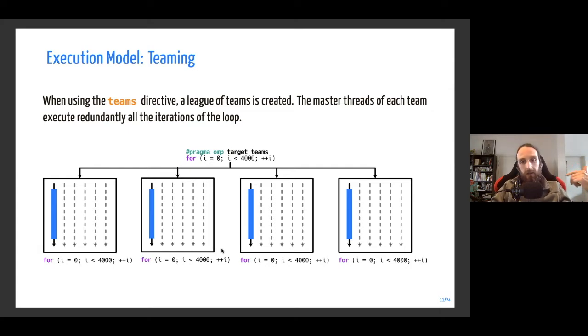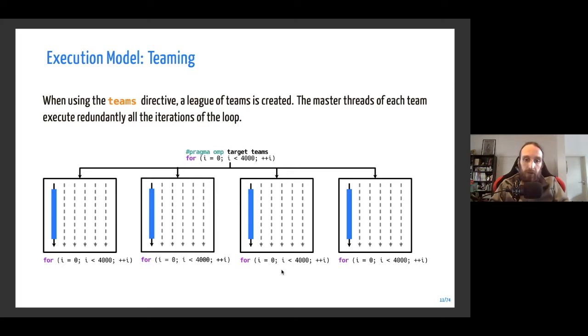And the idea is that first you create teams of threads, so multiple teams of threads, and when you create them at the beginning, you have all the teams, and then you have a master thread for each of these teams, and all these master threads will execute redundantly the whole iteration of the loop.